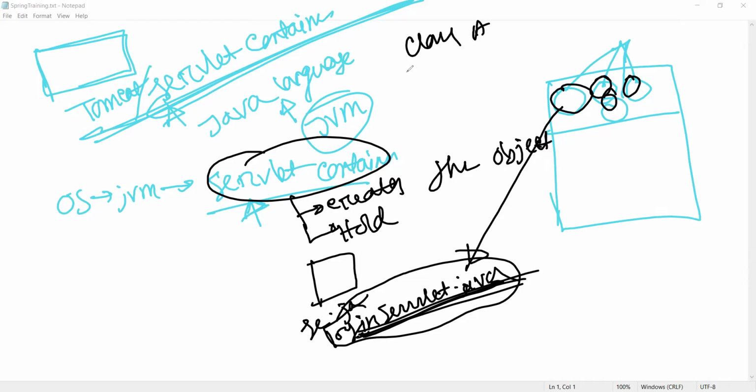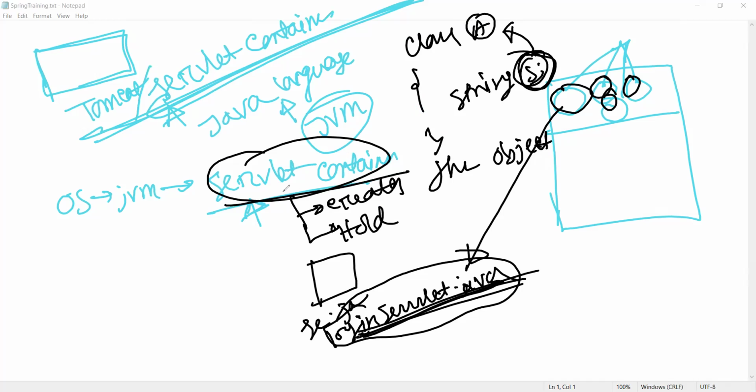In class A, you can keep another class reference like String S. String is a class, and the reference S is available inside class A, so A holds the reference of the String class. In the same way, the servlet container holds the reference of our object, right? The servlet container creates our object. Where will this object be created?